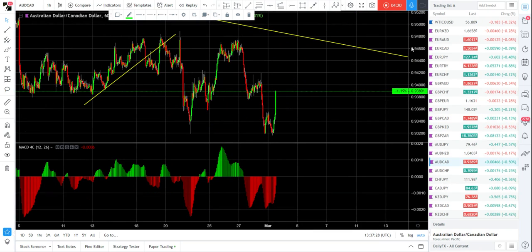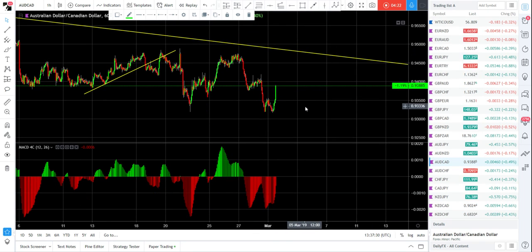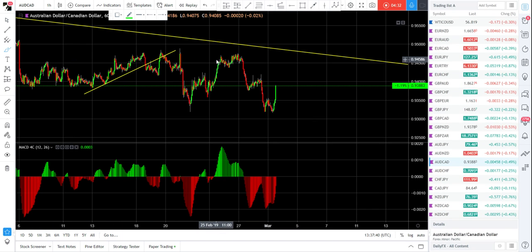Aussie CAD, well, it's really taken off back against the Aussie. I wouldn't trade this because the Aussie itself isn't looking particularly strong at the minute, guys, but yet again, it's about looking at them all. That could possibly be,